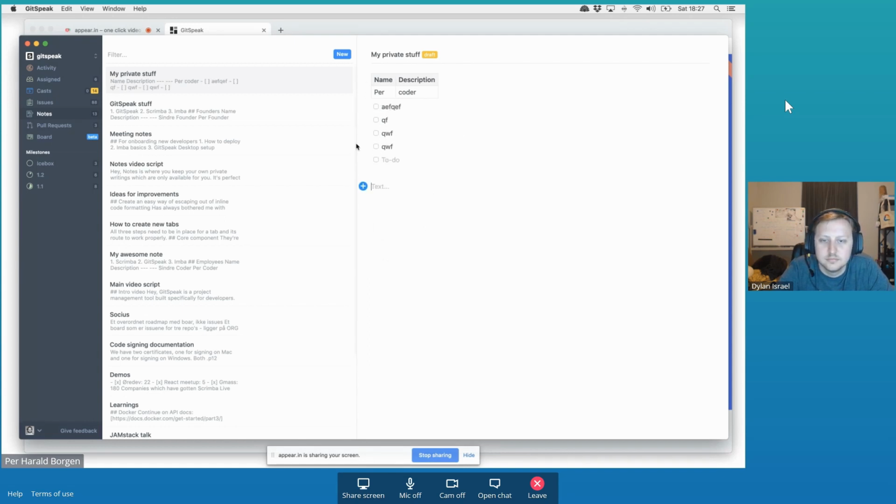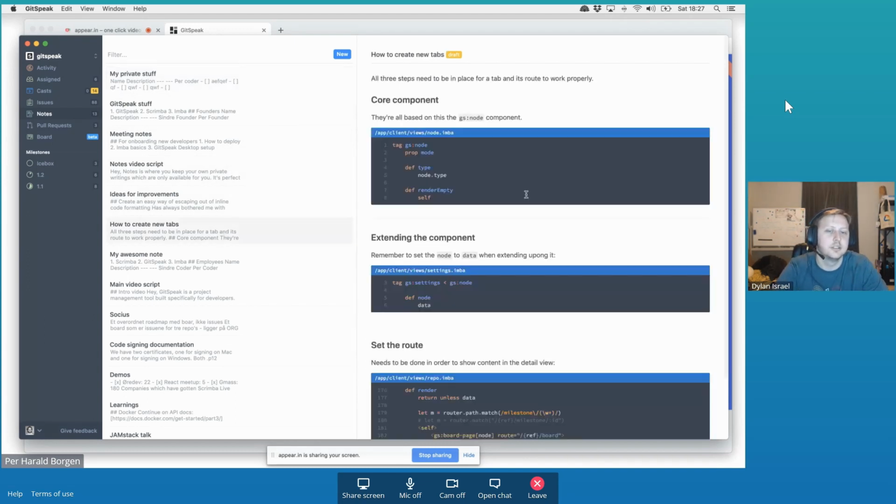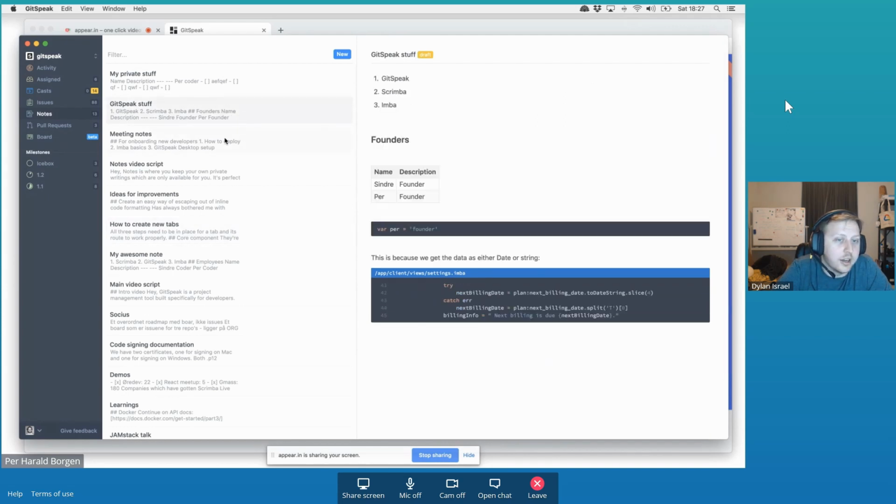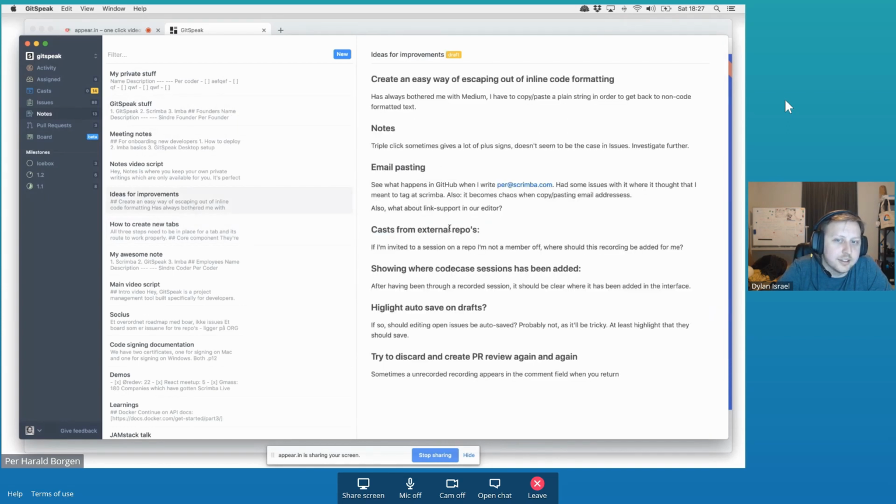It's nice to have when you're working on a project, a place to note down, for example, how to create tabs, a little bit of documentation just for me, which isn't relevant to put in the repository itself. Or just various ideas I have, ideas for improvements and stuff like that.